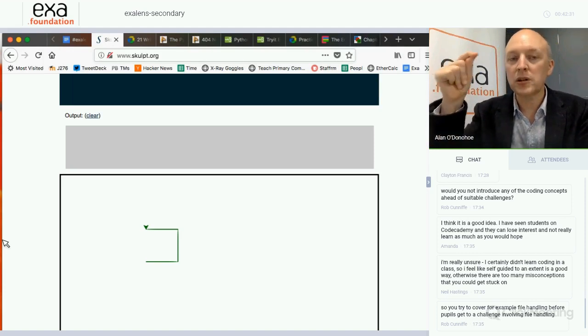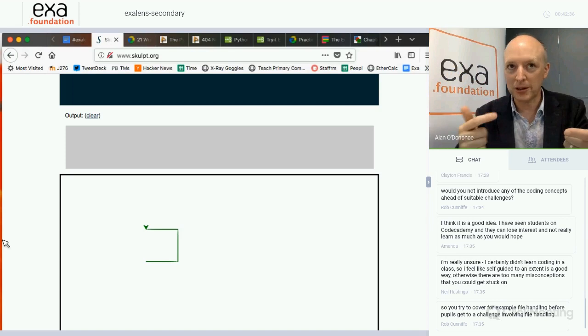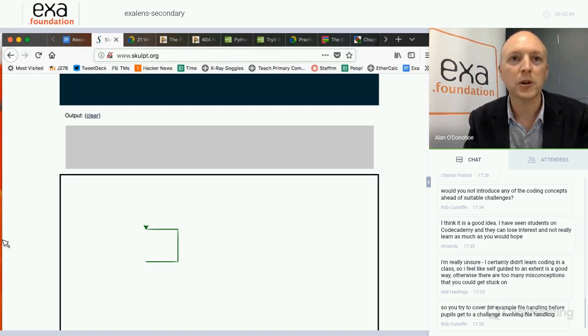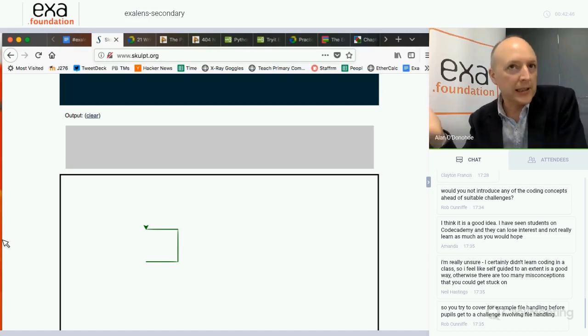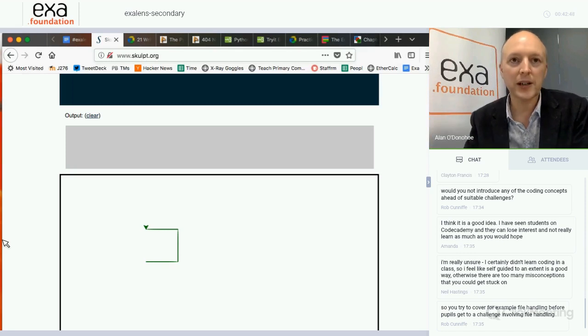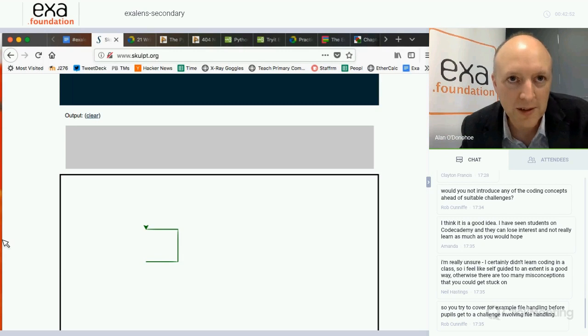Absolutely, I would introduce coding concepts, but not just the coding concepts, but the computational thinking as well around this, things like sequence, selection, iteration, and the flow control. On Code Academy, the students can lose interest. However, if you're not in the lesson because you need to set some work or something like that, you probably set this for a cover lesson.